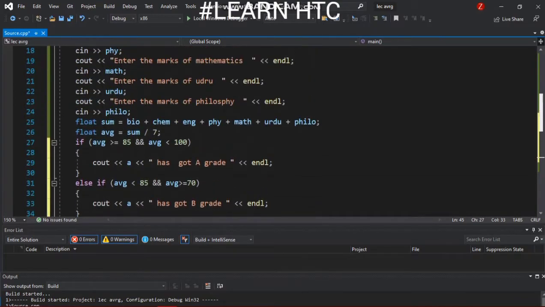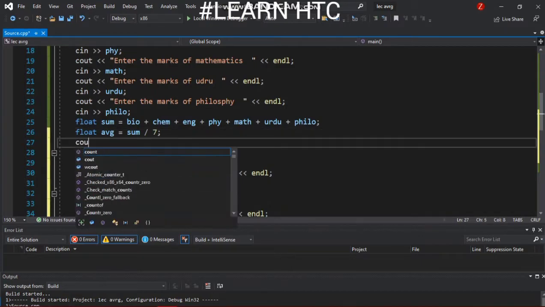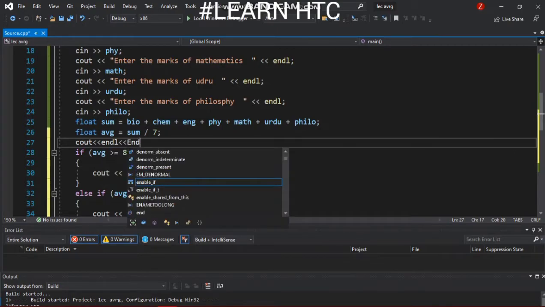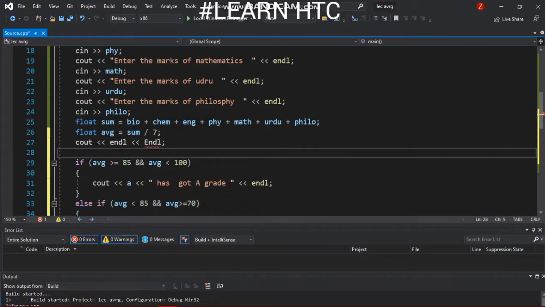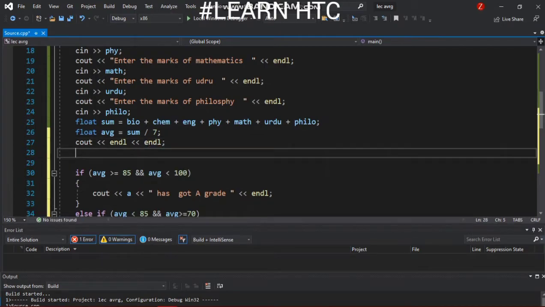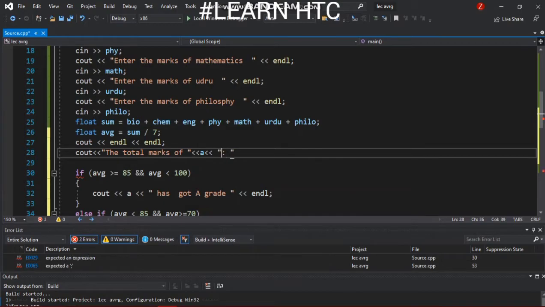Now that's for average. If we want to show the sum of subjects, here we can add cout, add endl to make it beautiful, and then add the total marks of, and we can add the name of that particular student, is equal to, here we will cout sum, as we stored the sum in the sum variable.